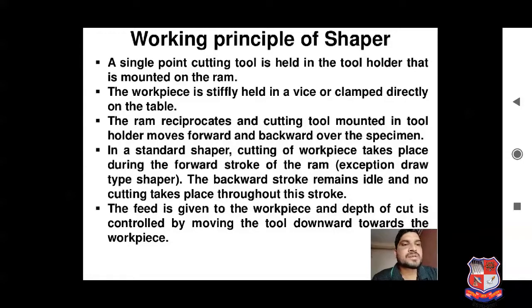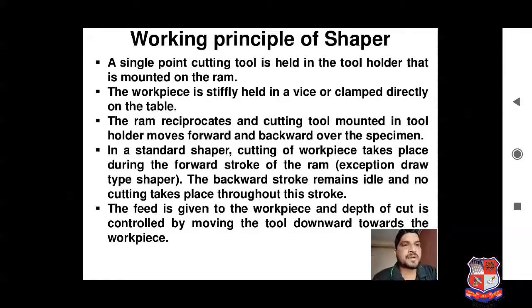Okay, now let's discuss another parameter, feed. The feed is given to the workpiece. As we all know, what is feed? Feed is the advancement of the workpiece towards the tool, or the tool towards the workpiece. So in the case of the shaper machine, the feed is given to the workpiece.